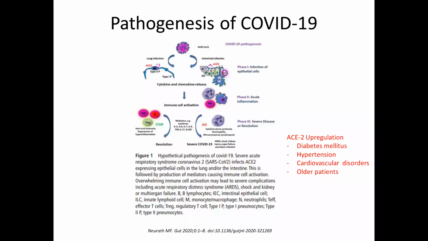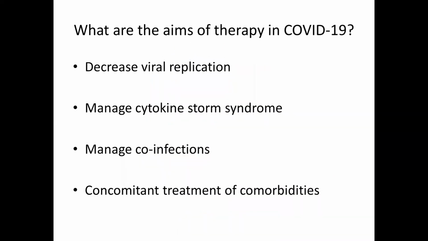In patients who are diabetic, patients who are hypertensive, patients who have cardiovascular disorders, and patients who are older, the ACE2 receptor is upregulated. And so we've noticed that these are patients at high risk of having severe disease and poor prognosis following infection. So what we aim to do in treatment of COVID-19, appreciating that viral replication will make